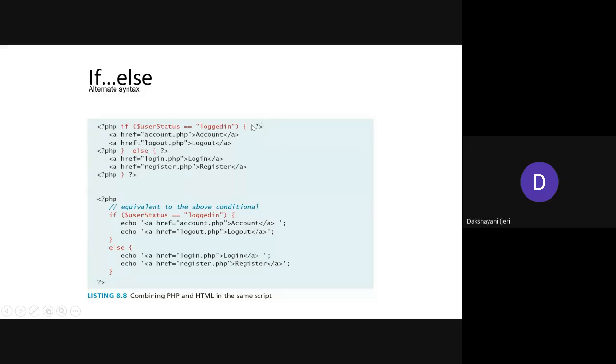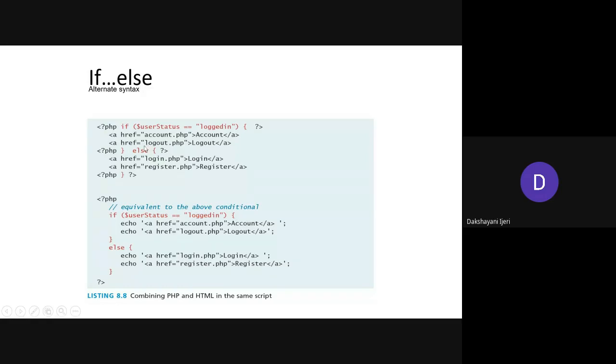So by closing the PHP part, it doesn't mean that this if condition is not going to be followed with these HTML. Of course, these HTML statements are for the if condition itself. The only part is which section will be executed at the if statement is defined with the beginning and the closing of the PHP notations here. Correct. So for the true case of this if condition, these two statements will be executed. That is, the links will be created here.